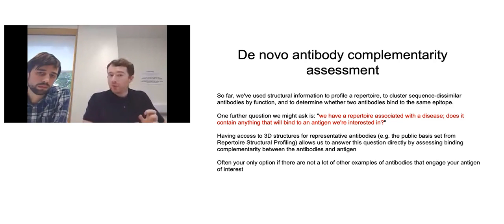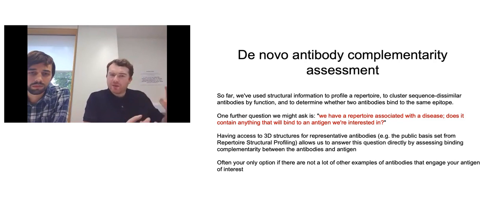We have this library present. We have the ability to model. We can cluster and then model a subset of this library to get some set of representative structures to represent the diversity in my repertoire. Can I come up with a way of randomly screening? I come from small molecule drug discovery. In the small molecule world, the idea of having a library of compounds and screening it against a protein target of interest is old hat. People have been doing it for a long time with varying degrees of success, I must admit.